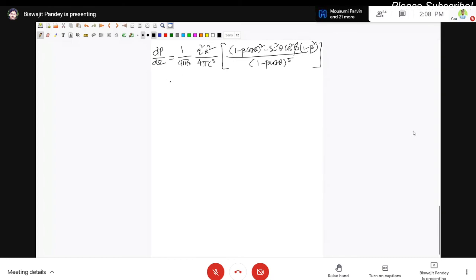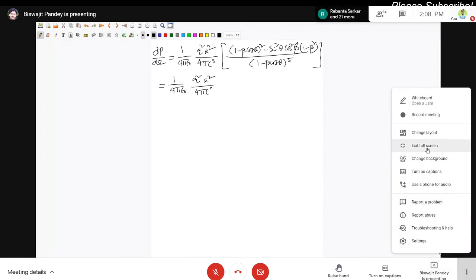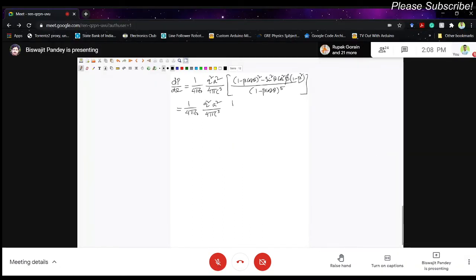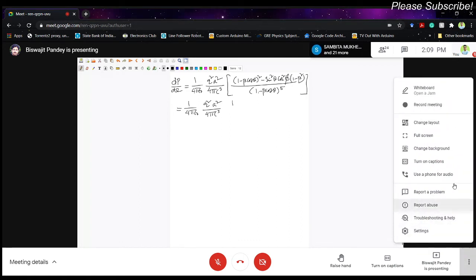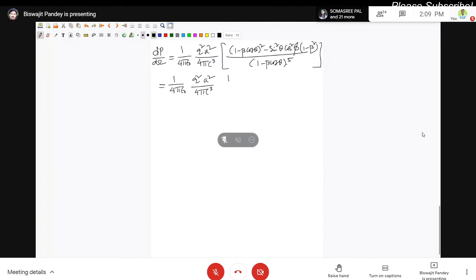You can write down this as simply 1 by 4 pi epsilon 0 q square a square by 4 pi c cube. First you take this common, how much this will cancel, 1 minus beta cos theta whole square, 1 minus beta cos theta whole to the power 5. So we'll have 1 by 1 minus beta cos theta whole to the power cube. So I'm taking that outside, 1 by 1 minus beta cos theta whole cube, taking that outside leaves 1 here,